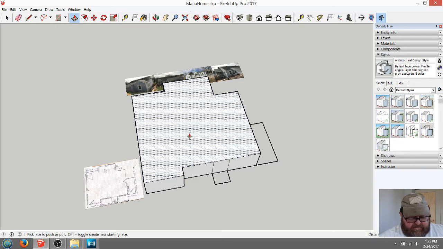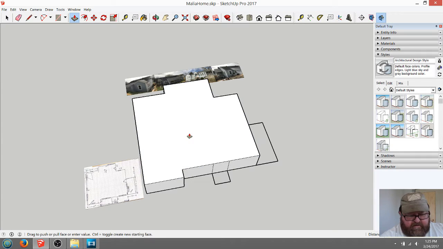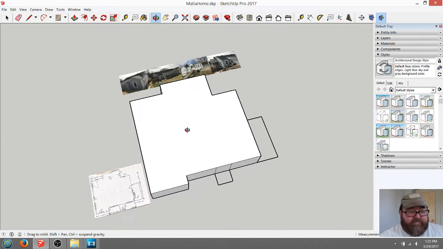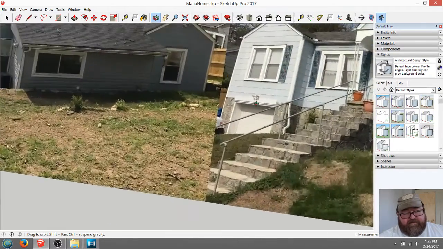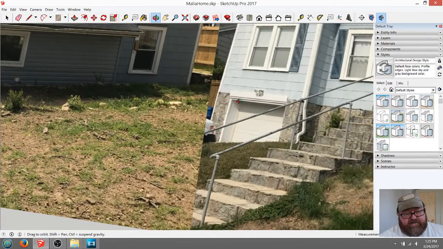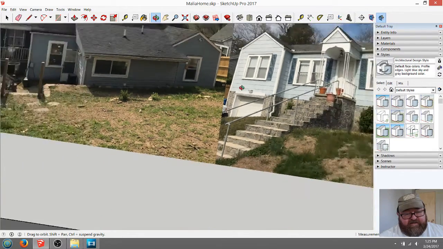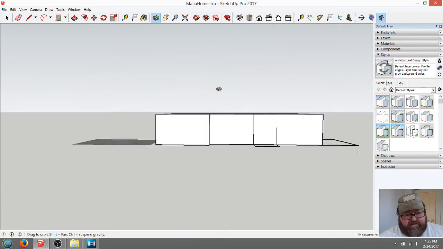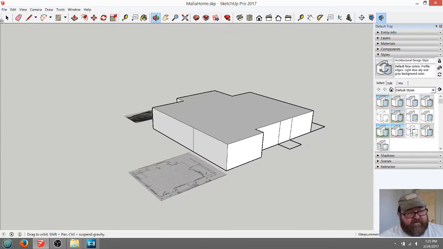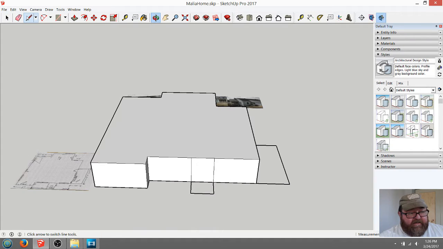And I know that the garage, let's see, 7 feet. I know that this little garage here, this little door here, was 6'7", and it's about 7 feet to the ceiling in there. So I'm going to start my massing here now. And I'll just get rid of some of these lines. I need to pull this up,